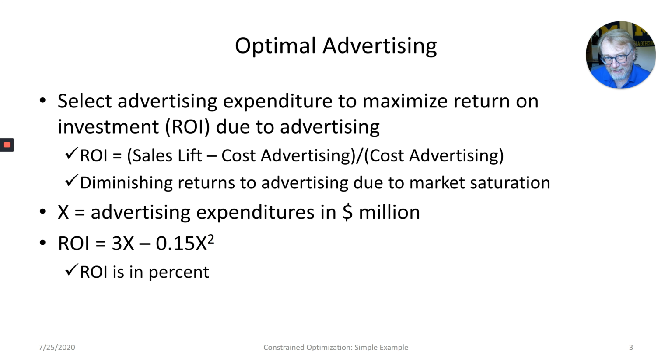That can be hard to measure. With online ads, it's a little bit easier. So companies have a better handle on that with online ads because they know who buys and who doesn't buy and things like that. So in this very stylistic example, let's suppose we know what that return on investment function is, right? So you can obviously see it's a quadratic function. Now, return on investment for advertising has diminishing returns, right? So you can think about